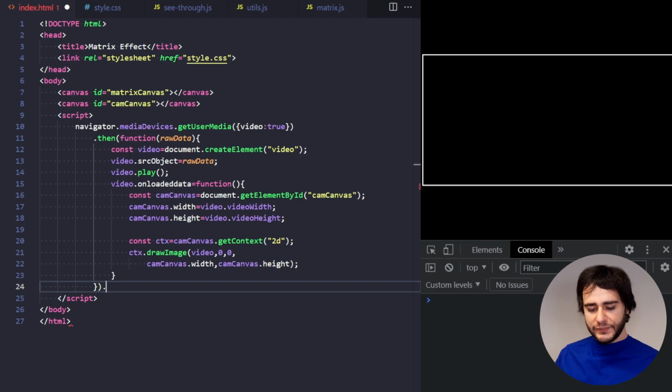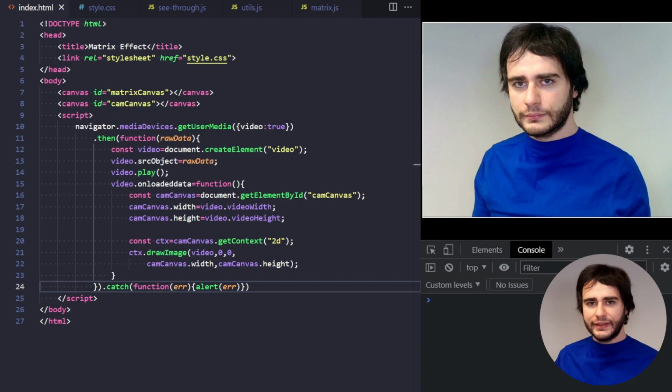And this might actually fail when we try to get media from the webcam. This might fail because maybe the user has not allowed the use of the camera, or maybe the device doesn't have a camera, or things like that. So if we get some kind of error there, I'm only going to alert it on the screen like this. Okay, now let's refresh, and